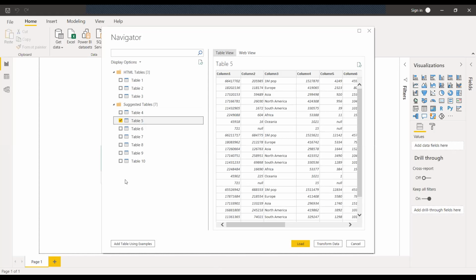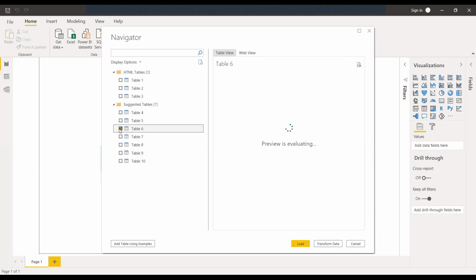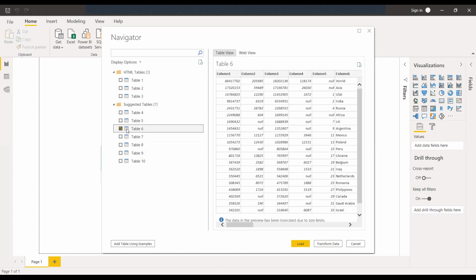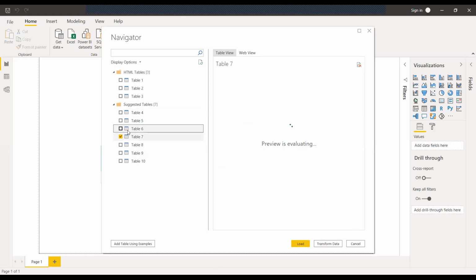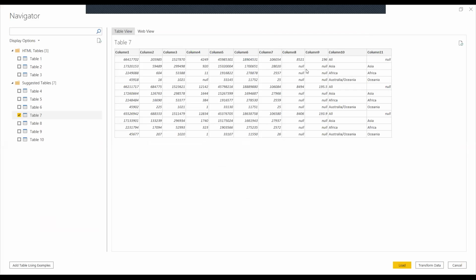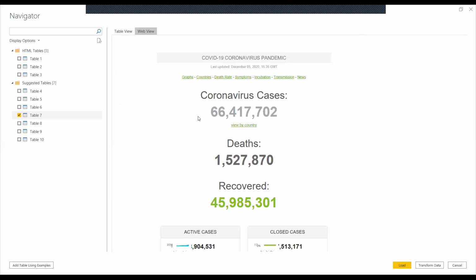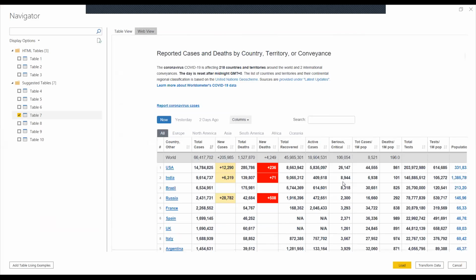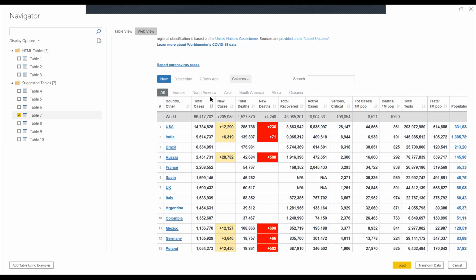World, USA. I think it is not the appropriate table. Another way is to click on the table here.